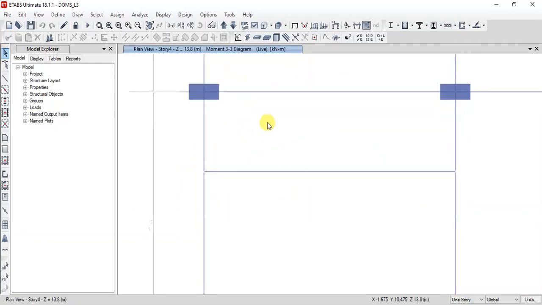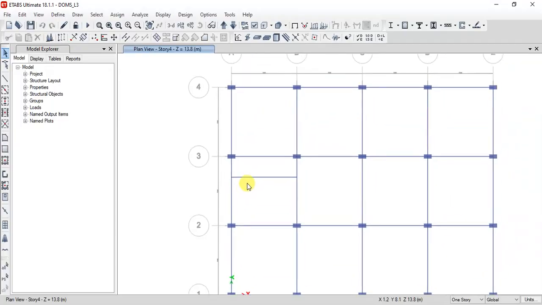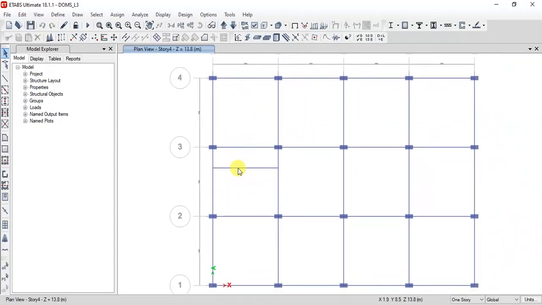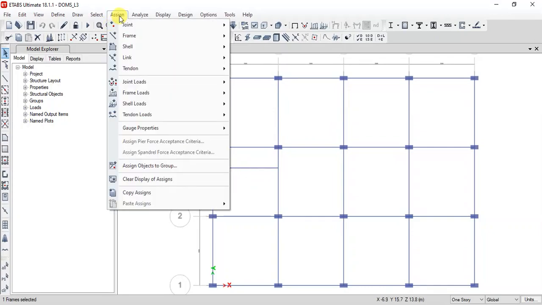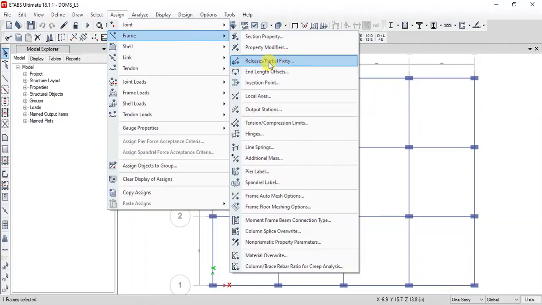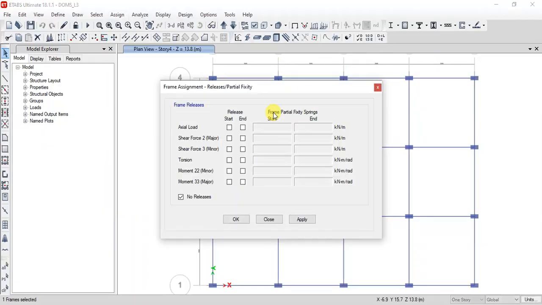Now we come back to our main building, the main plan. This is the one which we need to release. We need to release the bending moment, which is producing some negative moment. Select this secondary beam, go to Assign, Frames, Release option, and click on Release as partial fixity.